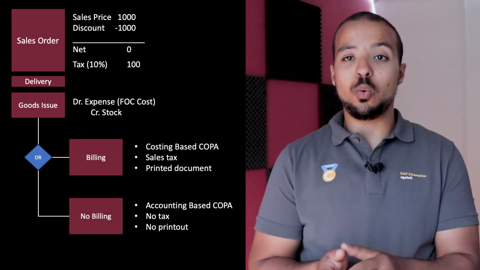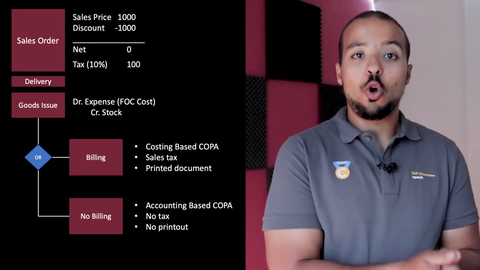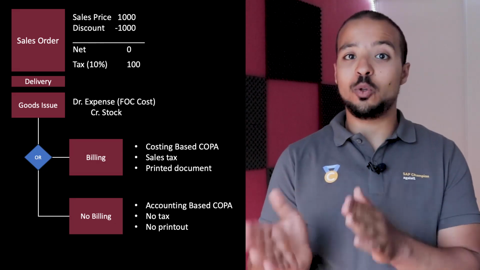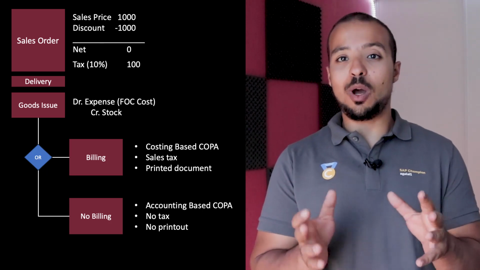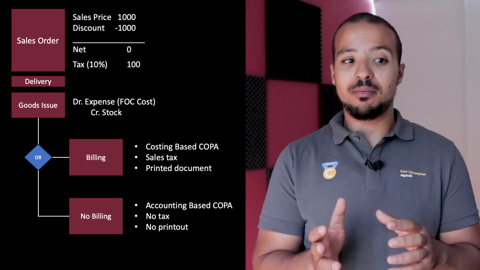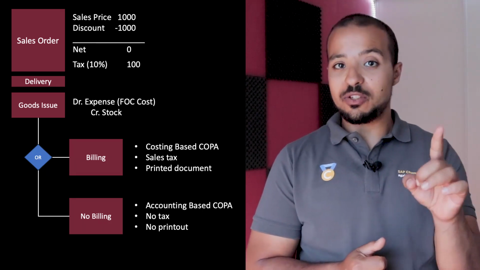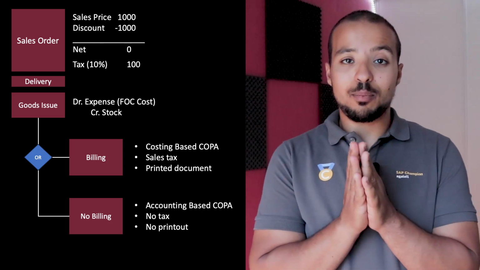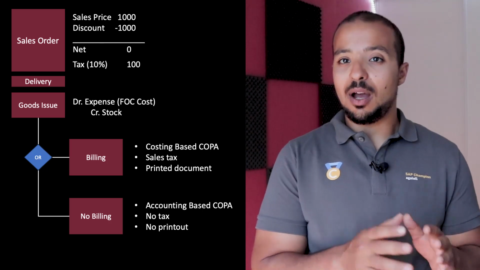After posting the goods issue, we have two options. Either we proceed and we create a billing document or we end the process here and we don't create a billing document. And this depends on the business requirements. So now I will give you the most common requirements based on which we can choose how we will proceed with the process. So the first requirement, if in our business process we use costing-based profitability analysis,